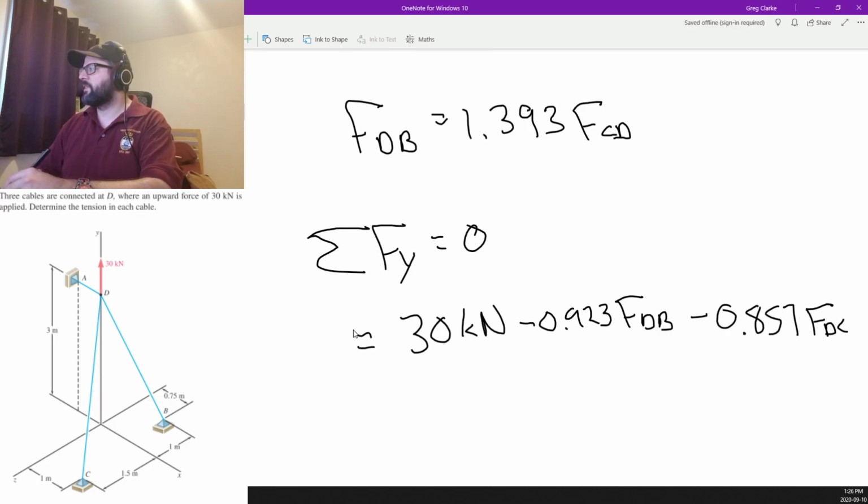So let's take these two terms, add them to the other side of the equation. So that'll give us 0.923 times 1.393